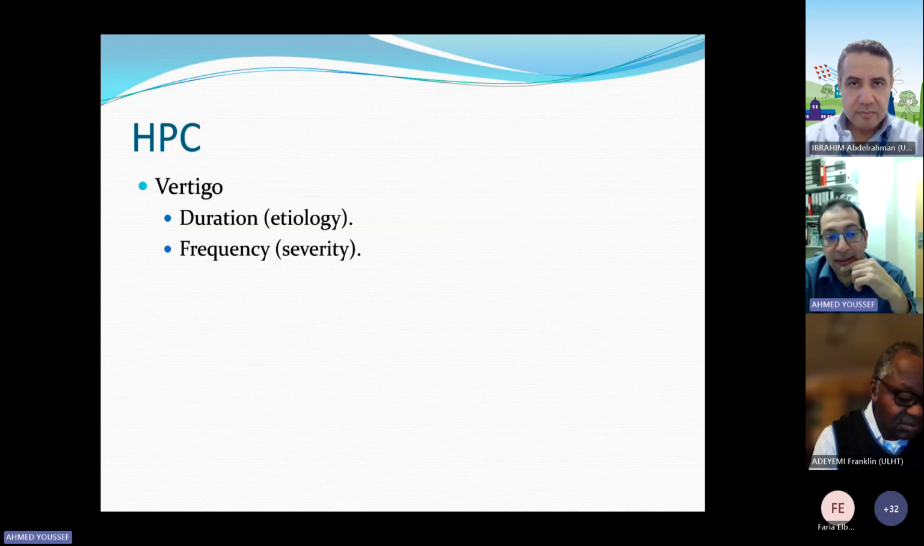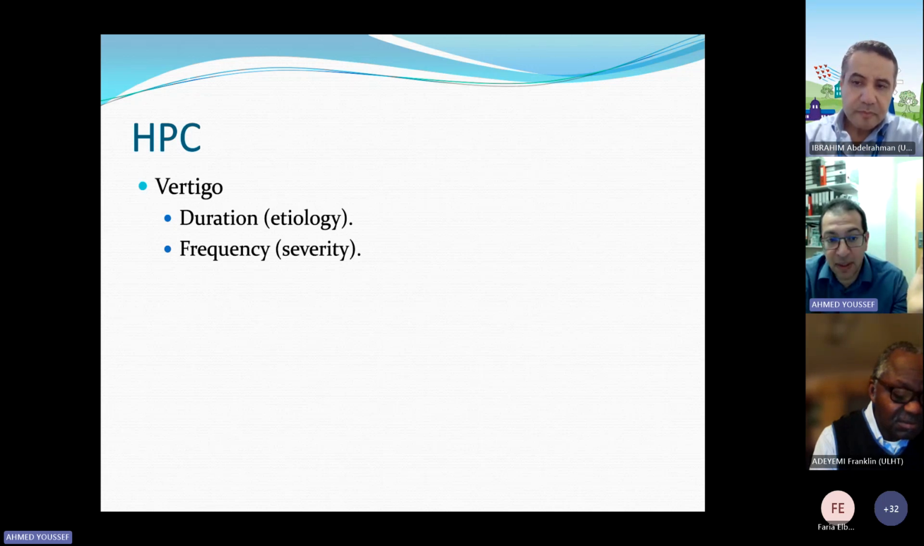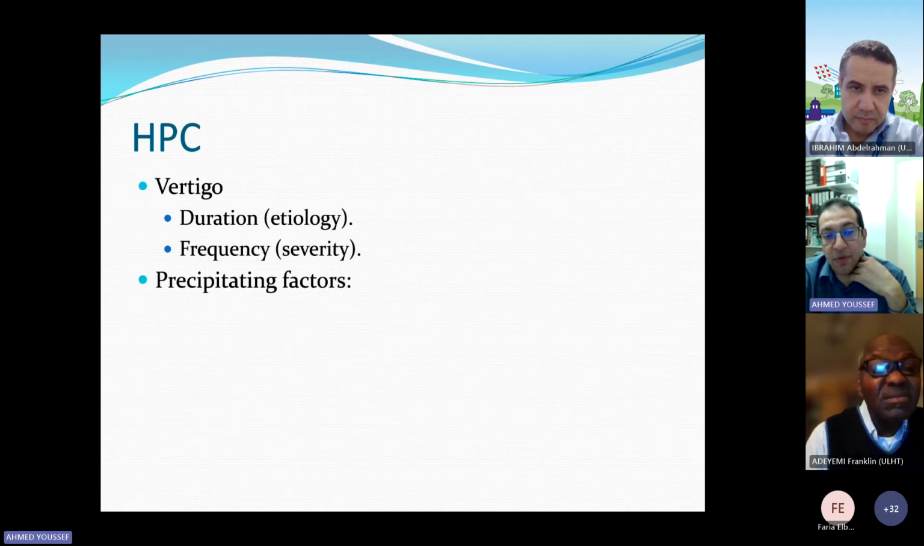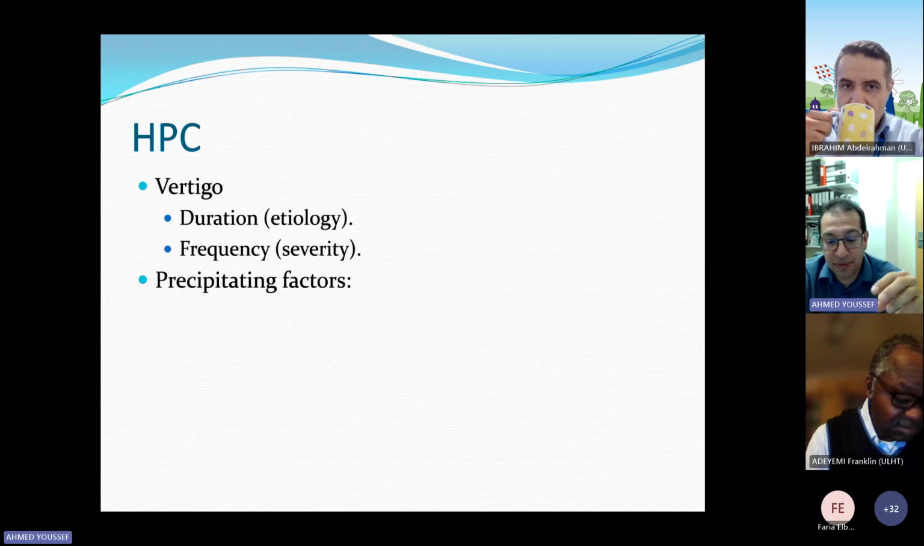You want to identify how often these episodes of dizziness happen, because this would indicate the severity. So if a patient gets one episode of Meniere's, for example, every 6 months, that is completely different to somebody who gets 4 or 5 episodes a week. Then we move on to the precipitating factors. And just before we go through the rest, as you'll see at the end of this,